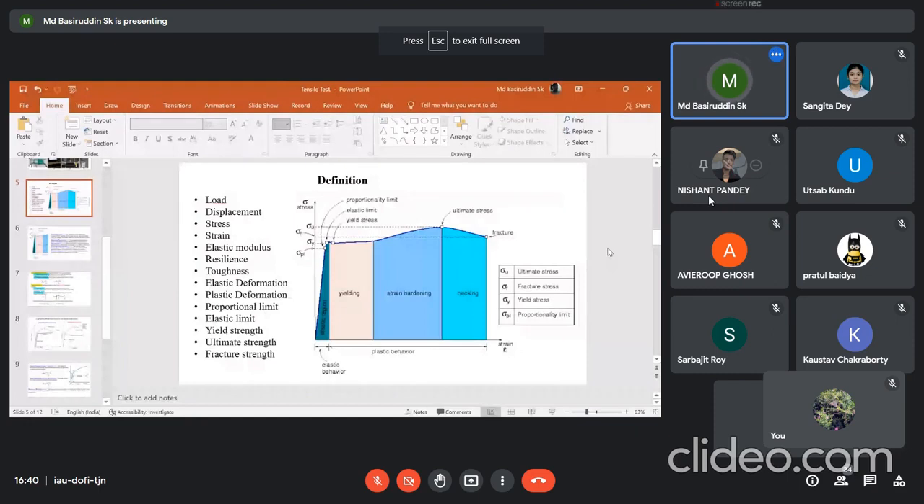Limit, yield stress, ultimate stress, and fracture stress. Okay, and considering strain, we talked about the elastic strain, the ultimate tensile strain, and the fracture strain. Okay, now